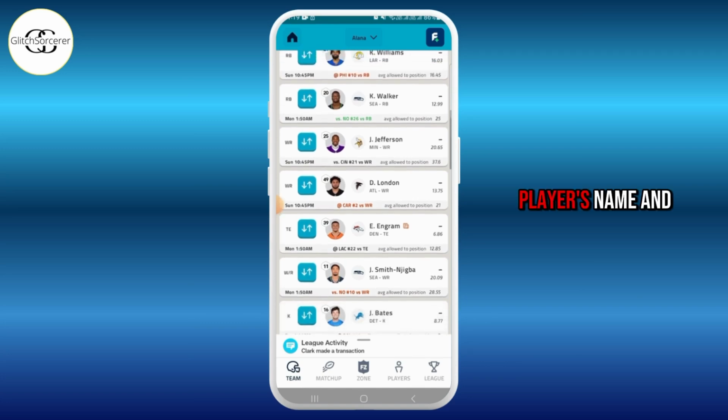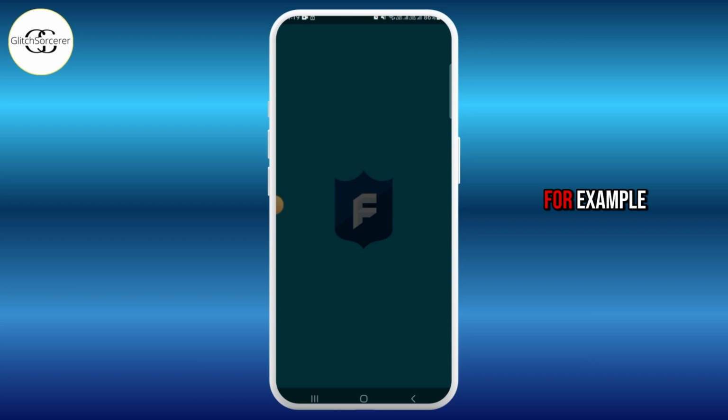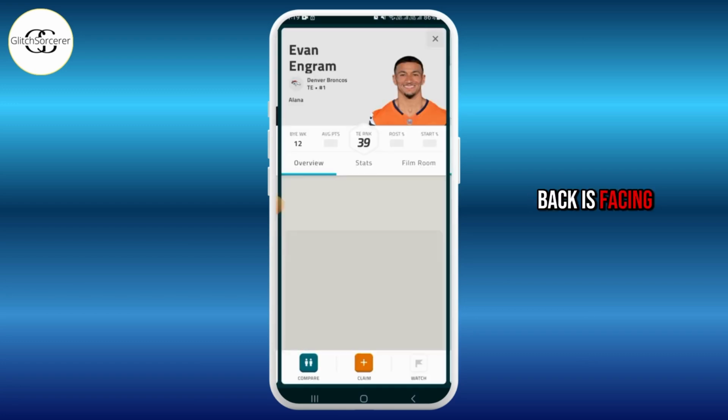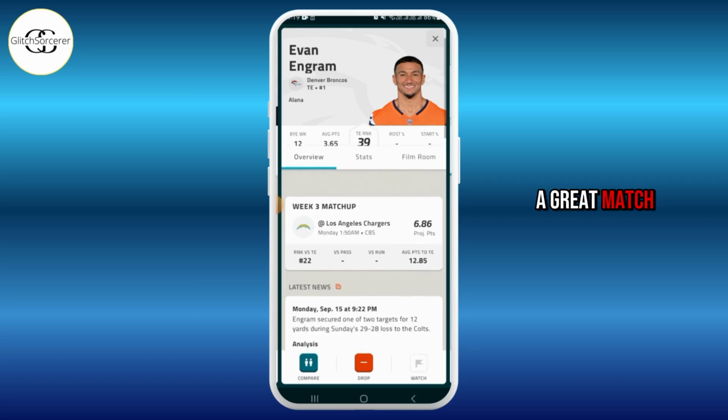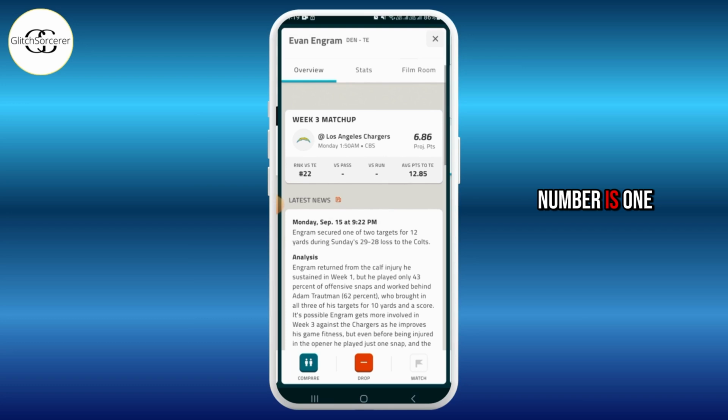Right under each player's name and upcoming game, you see a small number with OPRK next to it. That stands for opponent rank. This number shows how well or poorly that week's opponent defends against your player's position. For example, if your running back is facing an opponent ranked 30th OPRK, that means it's a great matchup. They allow the third most points to RBs, but if the number is 1, that defense is the toughest against